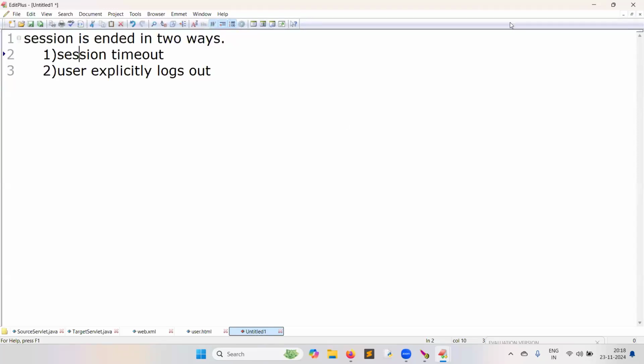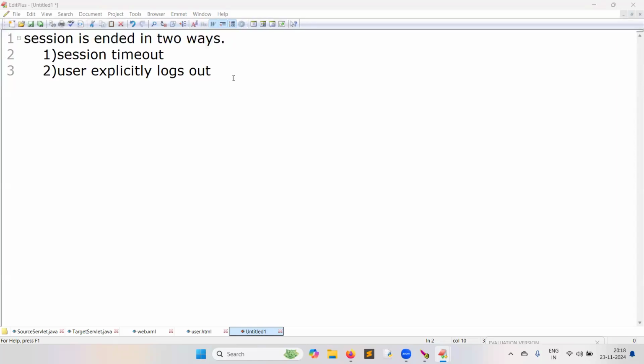Session tracking implementation. How many steps are there? Three steps. First one is session creation. Second step is dealing with the data in the session. Third one is ending the session.